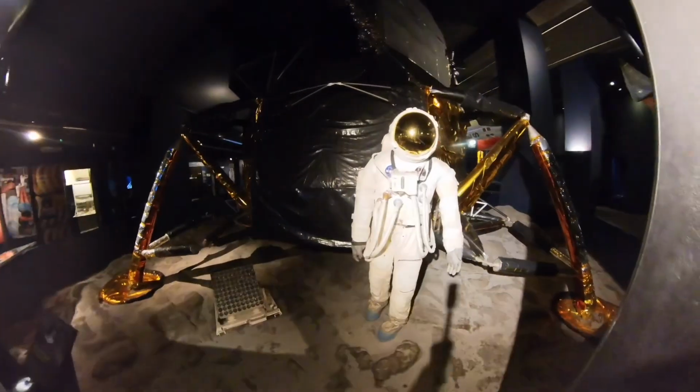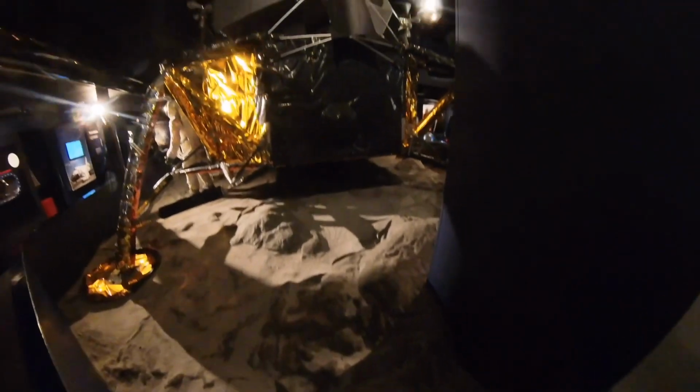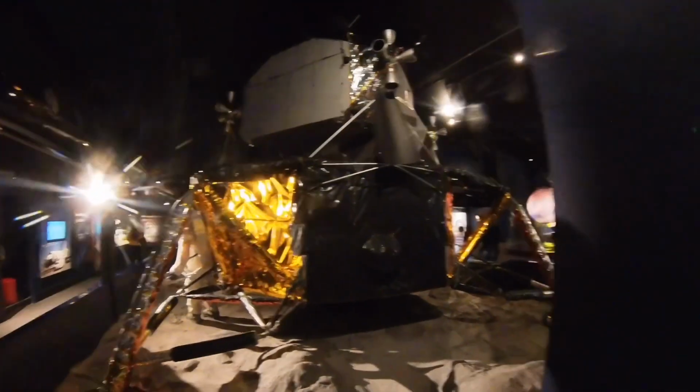This is next door in our Making the Modern World program. Here is Mars, one of the four planets that potentially